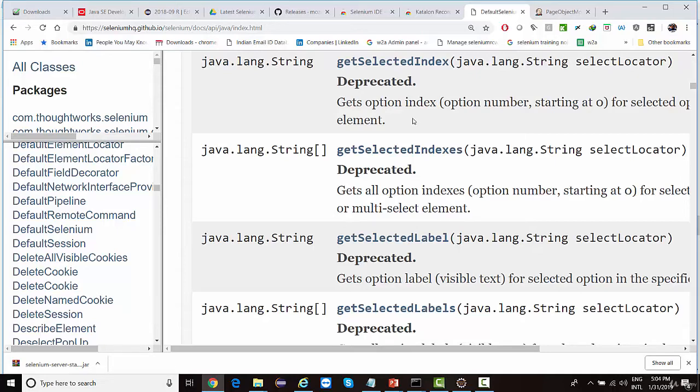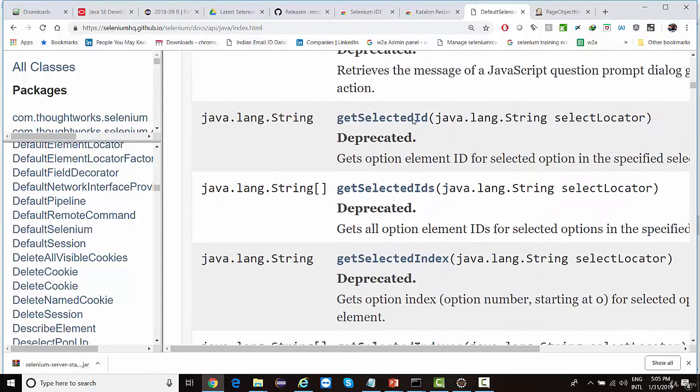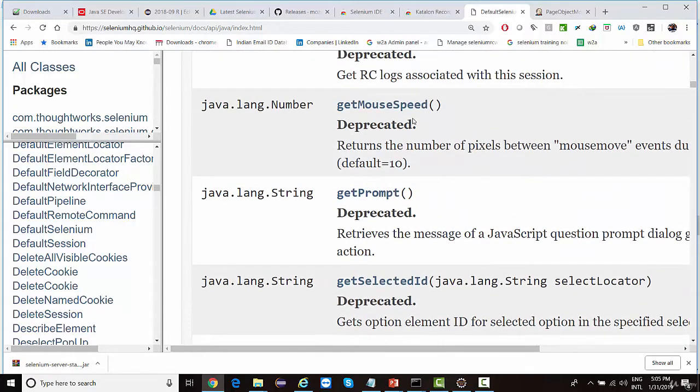If a method is there, you can automate that thing. If a method is not there, you cannot automate that test case. At times, the methods are not there. At times, the functionality is not there in QTP as well. Then we go to HP, we ask for add-ons. They sell their add-ons as well. So same is the case with this default Selenium class. If a method is not there, are we going to create it? We as a tester, we are using Selenium for automating our website. We are not developing Selenium.